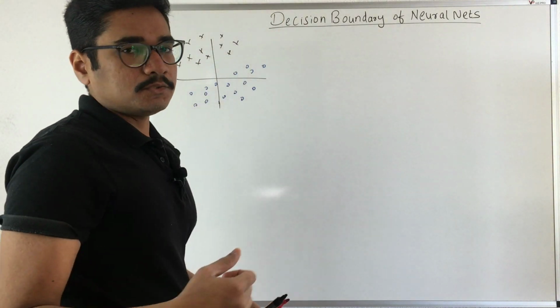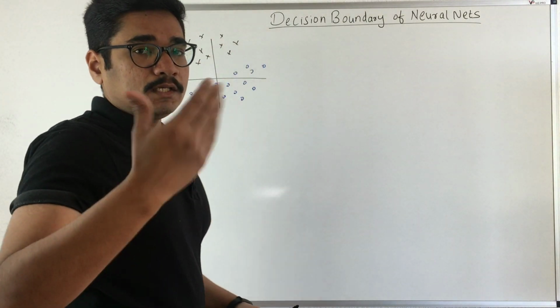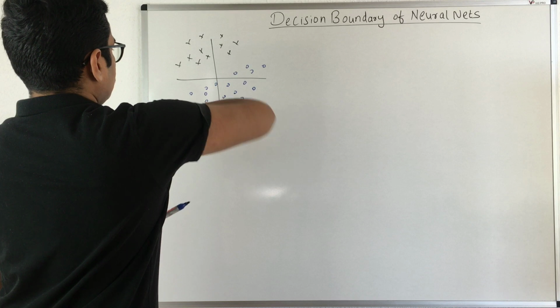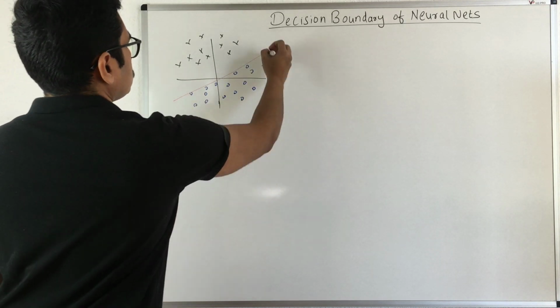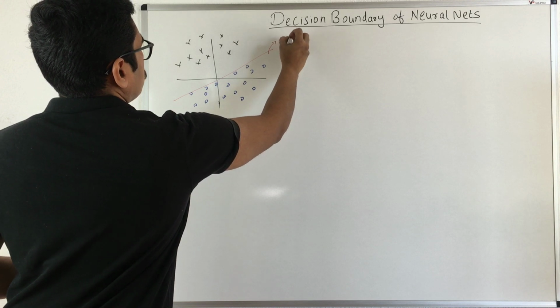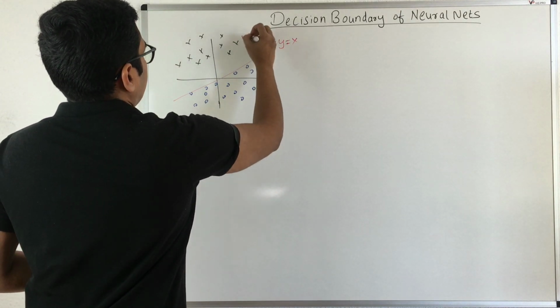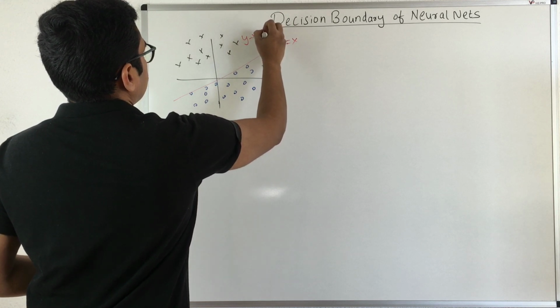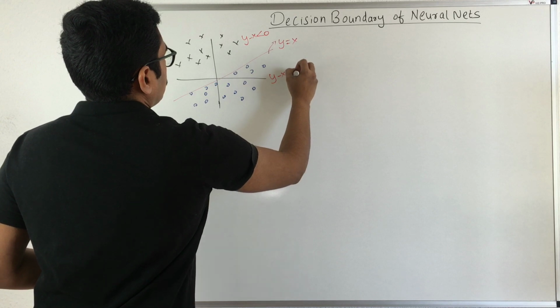Now if I ask whether I can draw a decision boundary that can well separate these two classes, I can essentially draw a decision boundary like this, where the equation of this is y equal to x, so that y minus x is less than 0 on this side